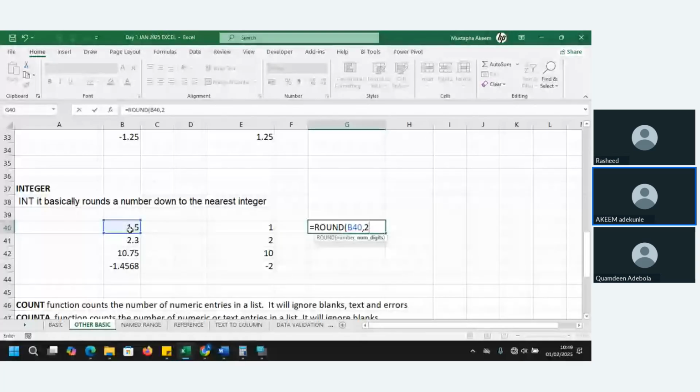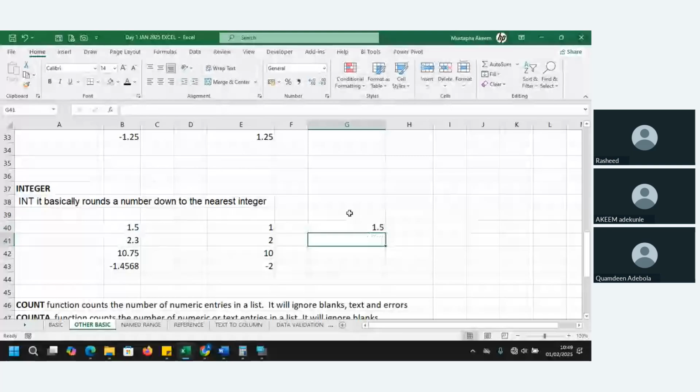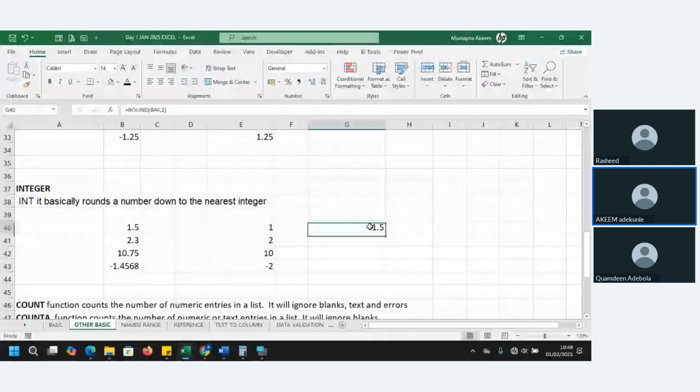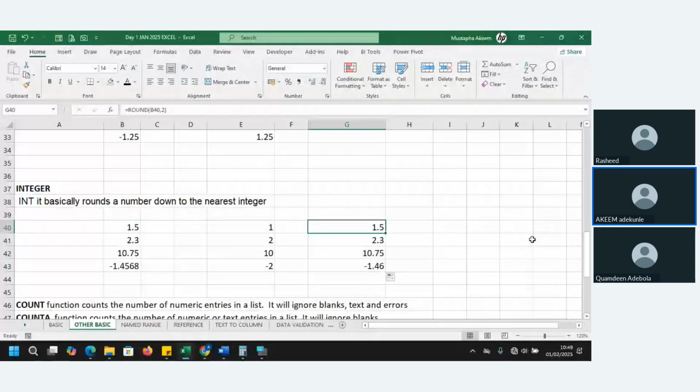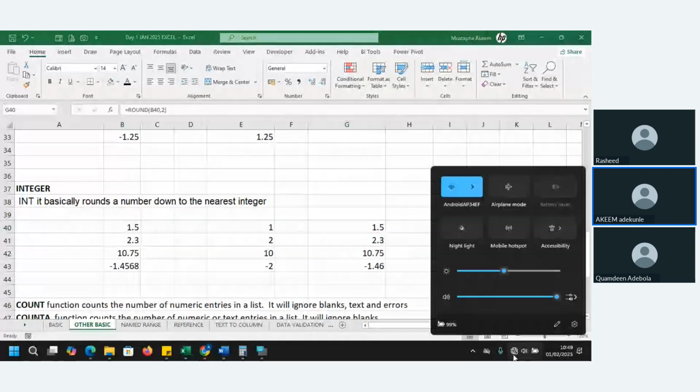Put 1.5, and now in 2 digits. So am I back online?